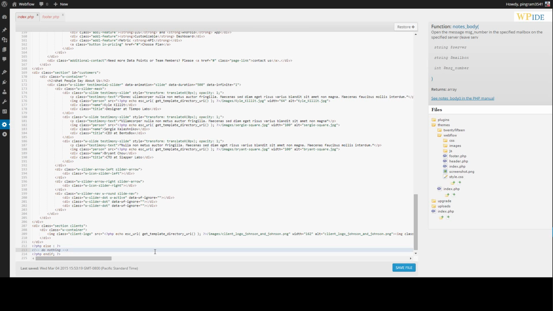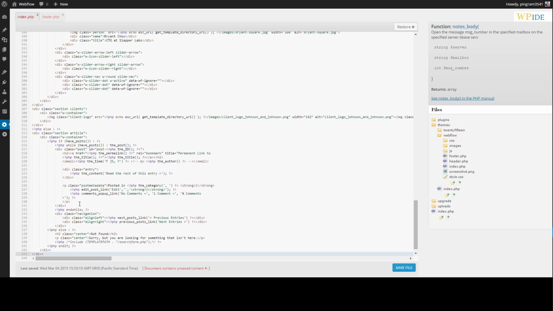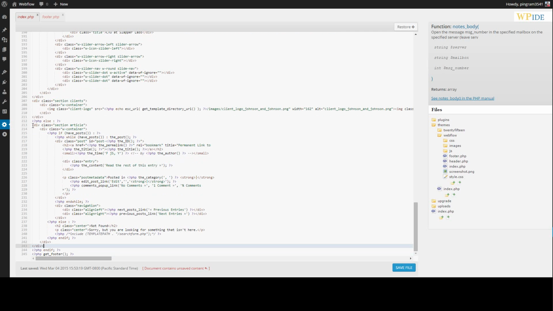We need to actually tell it to grab that information from the page and output it in between the header and the footer, and so that's what we refer to as a loop, or more specifically the loop. And there's multiple ways to do the WordPress loop, but you can find quite a few boilerplates of the loop online. I found this at WP Tuts Plus, and if I paste this code in here, we're basically giving it